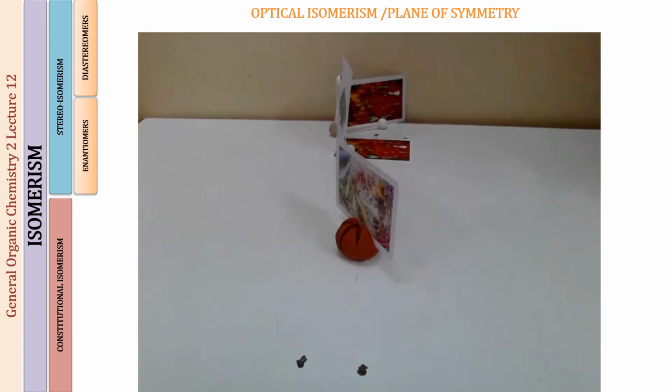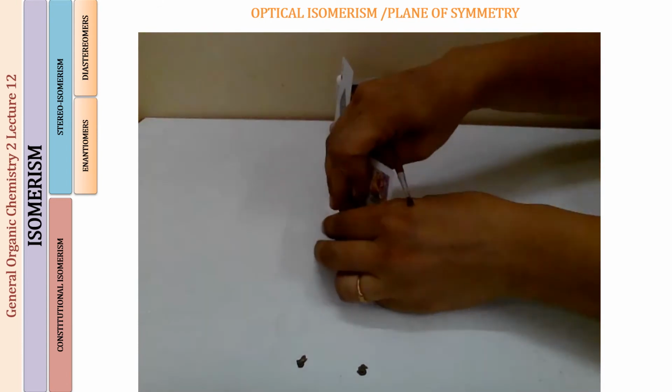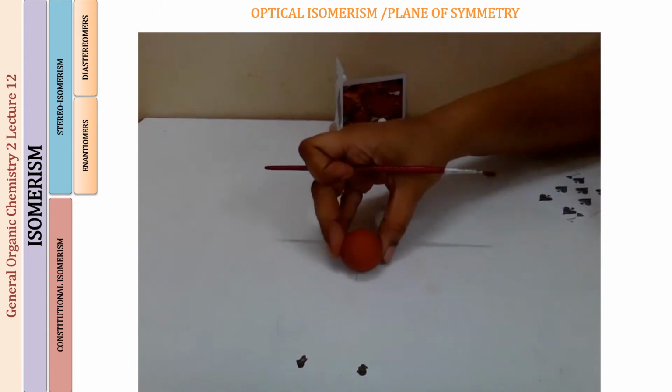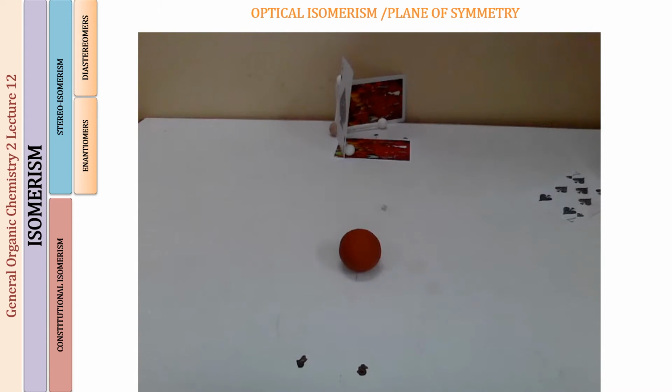So a sphere is going to have many planes of symmetry, but molecules may not have so many planes of symmetry. What you have to identify is just one plane of symmetry in a molecule. So first of all, I hope you understand what an xy plane, a yz plane, and an xz plane are, and how I'm inserting the playing cards and cutting the atoms into halves. Now understand this: I have one sphere. Let us assume that this is a carbon.